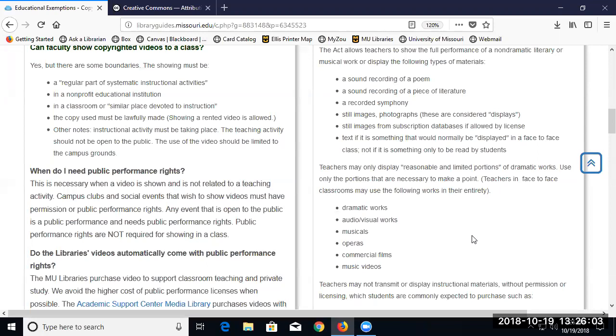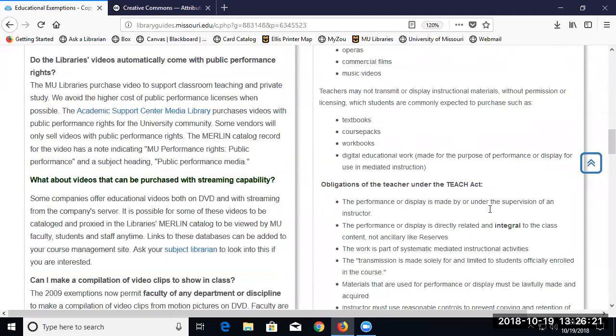So typically they would say you could show the excerpts. If in class you wanted to comment on something, you could pull a clip from a movie, make comments on that, and then you might link to the full movie and have students watch that outside of class. Does that kind of make sense? Also, you should not be doing things that were designed to be textbooks, workbooks, what we would call consumables. If something's been published with the idea the student's going to use it up, it's obviously going to undercut the market if you make that available on your website. And people won't buy the consumable anymore.